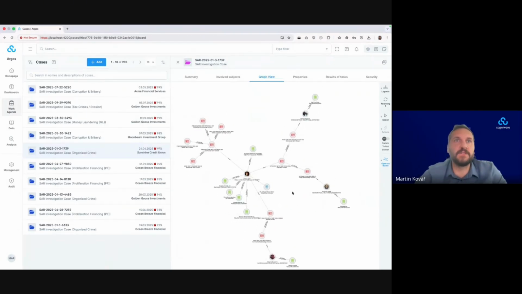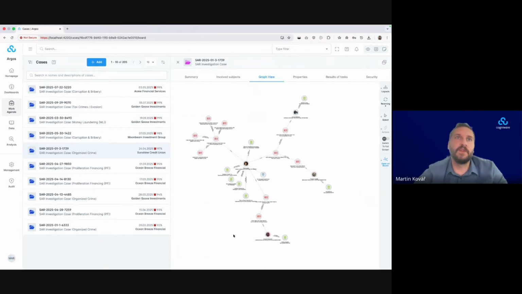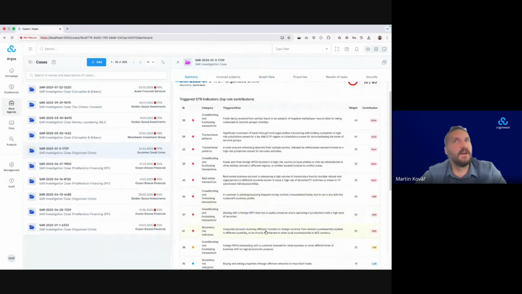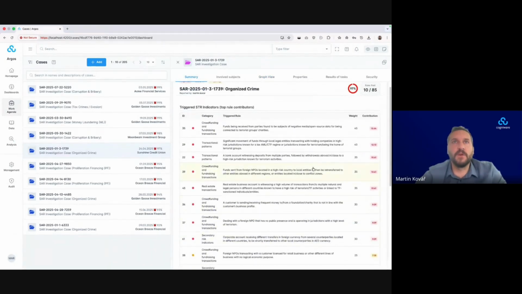So this is created automatically for you by the system. No need to prepare this. And obviously, we are trying to sort these inputs based on various criteria. So we have a large number of rules that we are calculating continuously, and by assigning different weights, you can score the whole inputs by it.